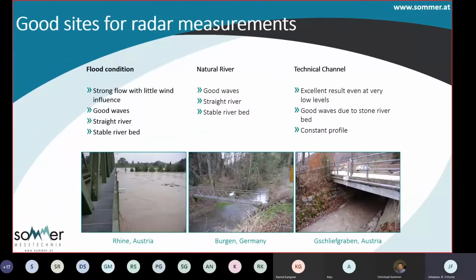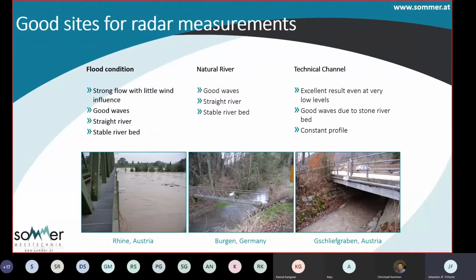So here's a little summary of good conditions for a measurement site. Here at the Rhine River during flood conditions, we have a strong flow, we have good waves, and we have little wind influence. We have a straight river and a stable river bed. And here also a natural river. We have a good installation site, a straight river, and a stable river bed, forming good waves here on